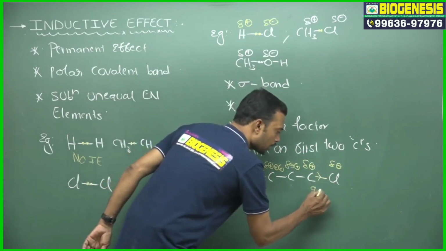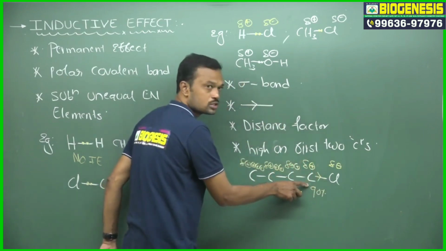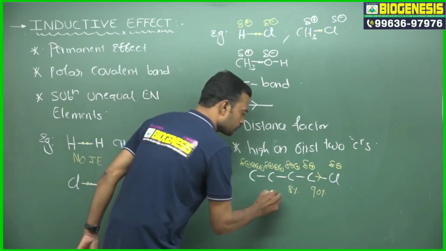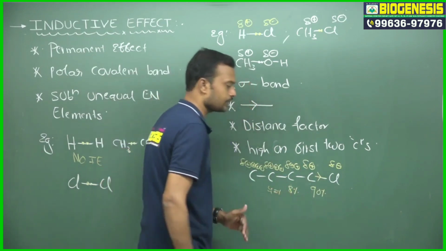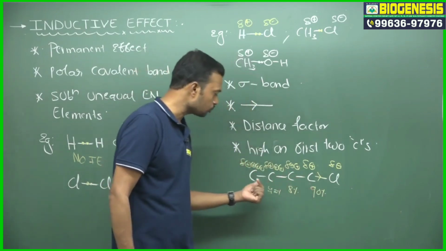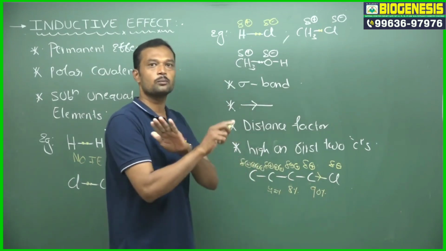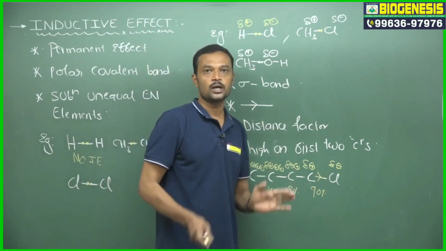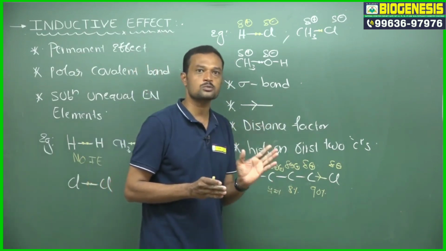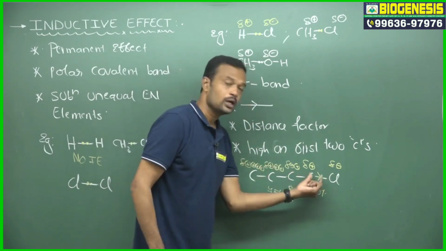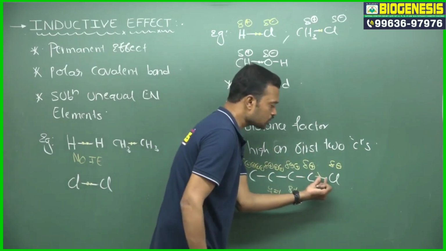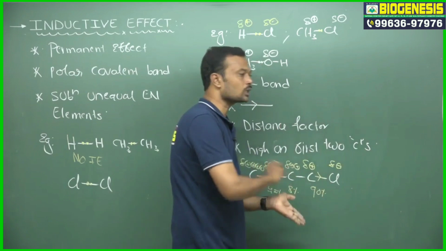So almost 90% of the electron density or effect is on the first carbon, about 8% on this one, and approximately 2% or less here. The inductive effect is very high on the first two carbons only. From the third carbon to the fourth, it slowly diminishes and finally can be ignored. And a very, very important thing is that the inductive effect is not an ionization reaction. It is not ionization of atoms connected by a bond. In this, there is only a partial drift of the shared pair of electrons towards the more electronegative element. It is not completely transferring.